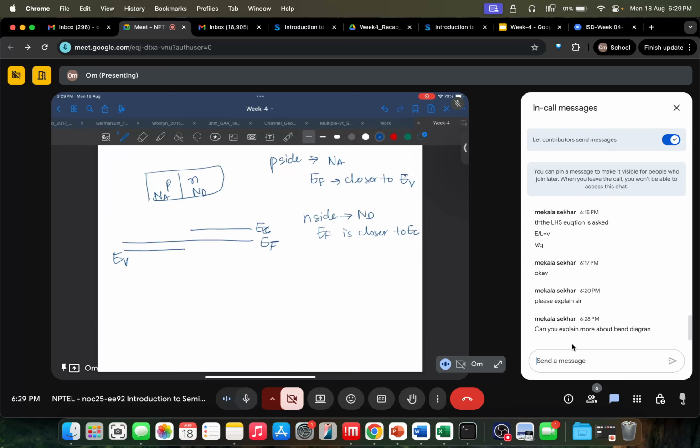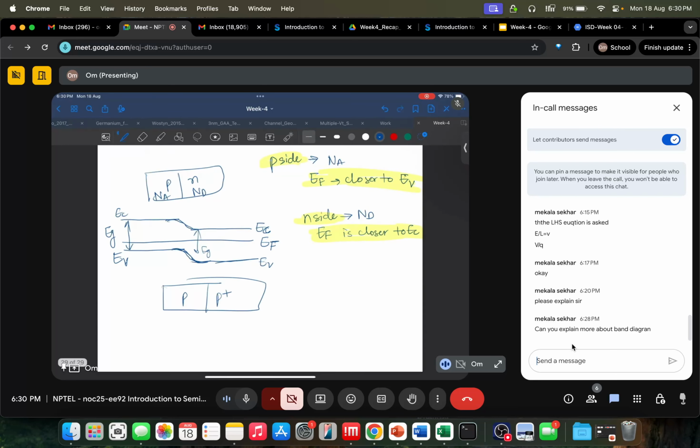Now I just draw the rest. So EG is fixed. I'll add EG, so I get this EC here. Here I'll add EG, so I get this EV here. Now I just connect it. This is how I draw for a PN junction. So we just need to remember this: EF is closer to EV in P side, and in N side, EF is closer to EC. Now for that P plus junction,